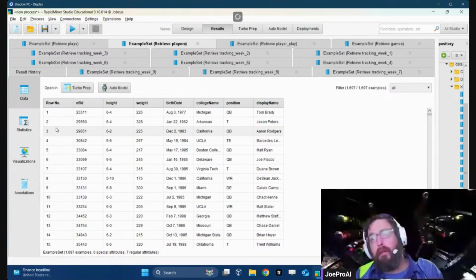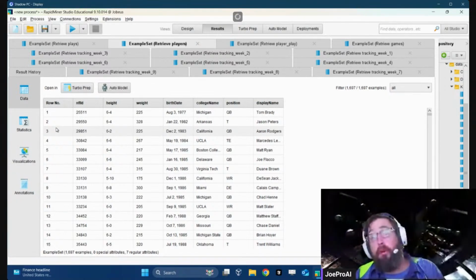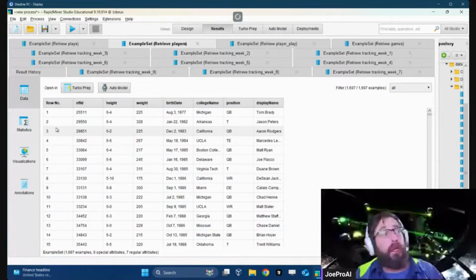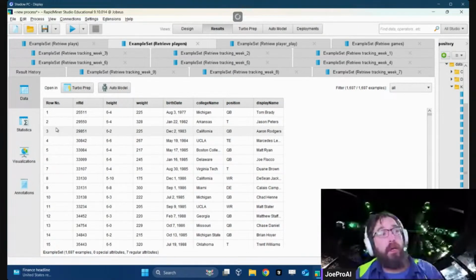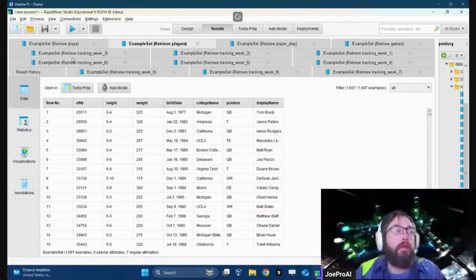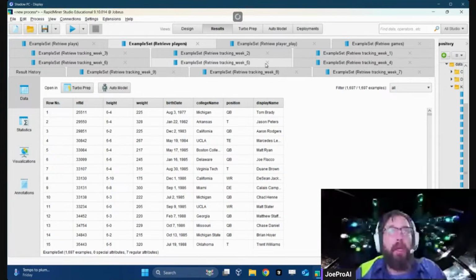Basically, if they eat a Cheeto, does it mean that they go an extra 10 yards? Who knows? So that's what we're going to find here. It's a lot of data that we got to scour through.